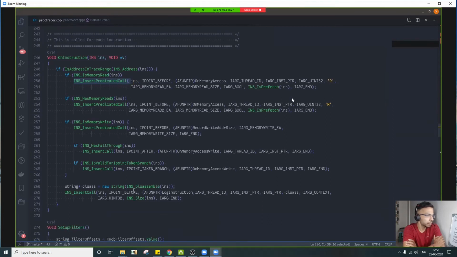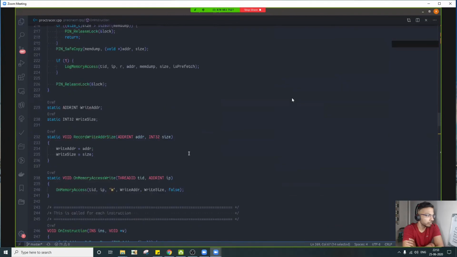And then we are printing assembly, opcodes and the context at that particular location. We need this call, log instruction. And these are function pointers, analysis functions, you can say, like callbacks. Based on that, it will redirect you to that. Exactly.